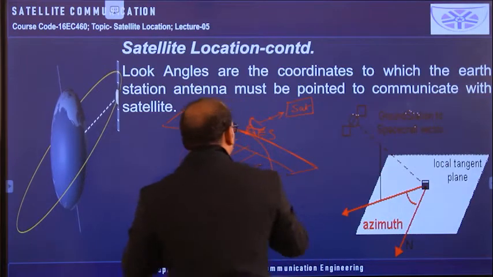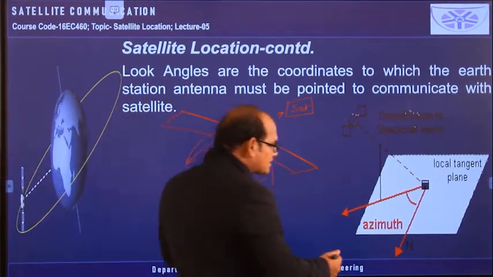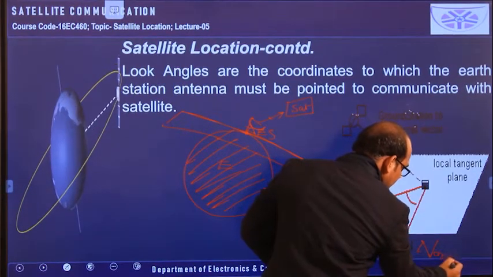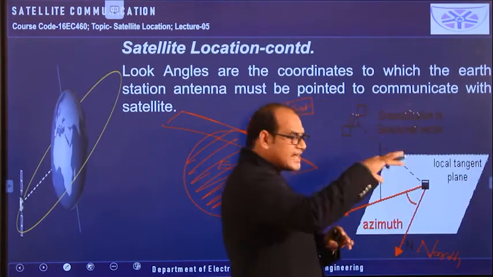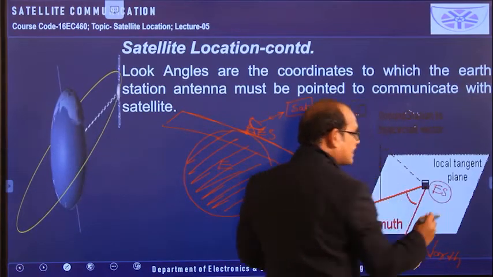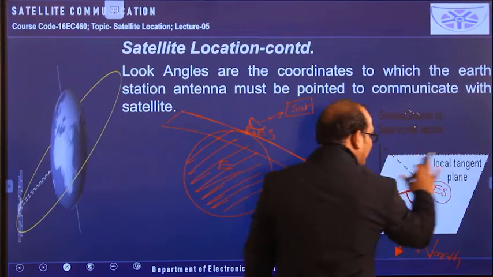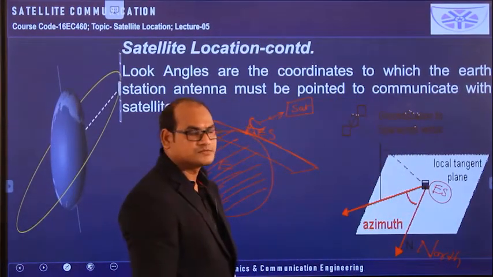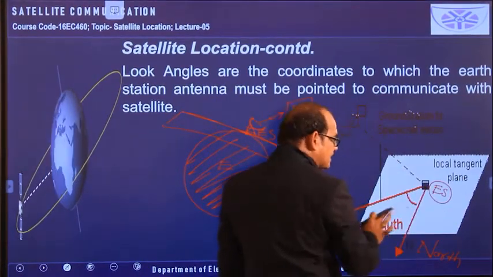Okay, next, for the earth, north is there, south is there, east and west are there. So that north side you can consider here, this is north. Below this, earth is available. On the earth, the earth station is there. Wherever the earth station is, that is only one position on the earth where you have taken this tangential plane, that is called local horizontal plane or local tangential plane. After that, this side north is there.